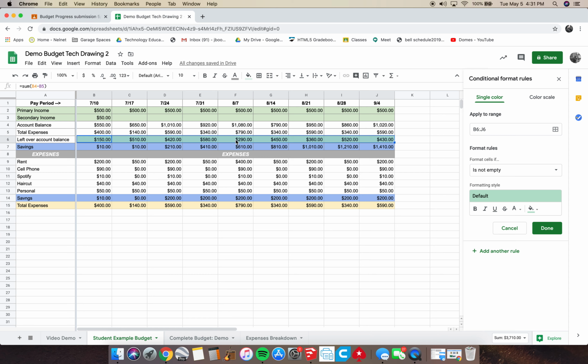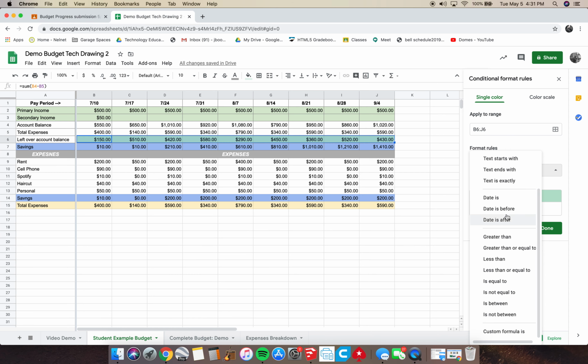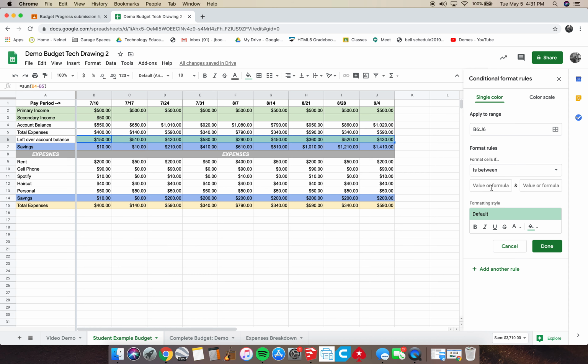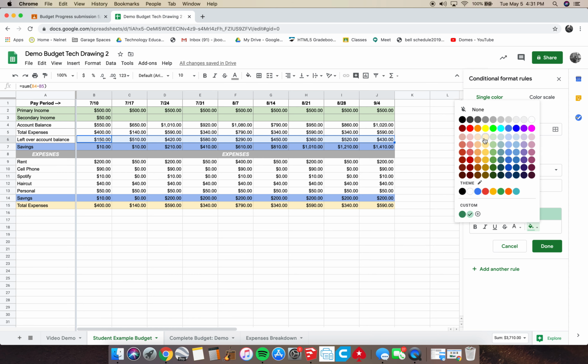Same things, same cells are highlighted. And we're not going to do if it's not empty, because again, that's the default. We're going to do in between, so we're going to do a range. So we're going to find this thing down here that says is between. So if our number in there is between, let's say 0, okay? If it's between 0 and let's say $100,